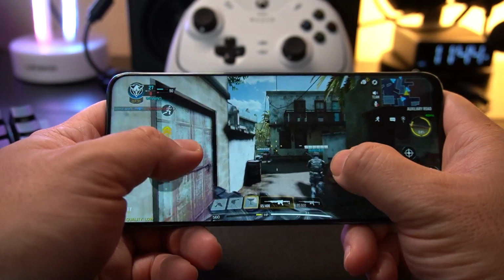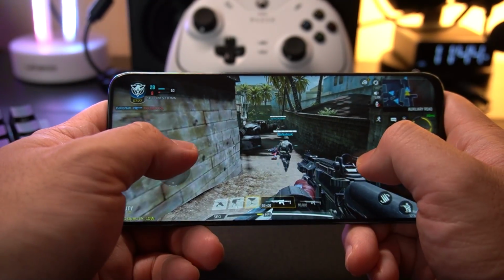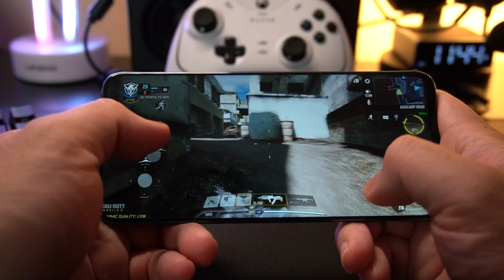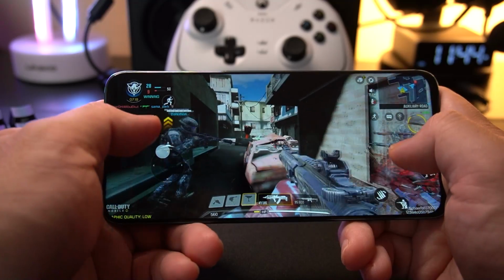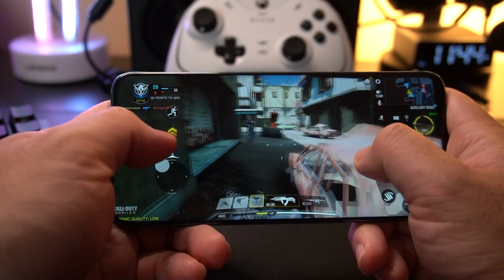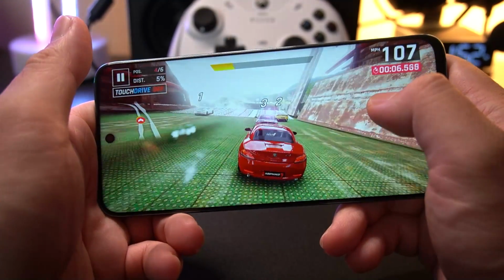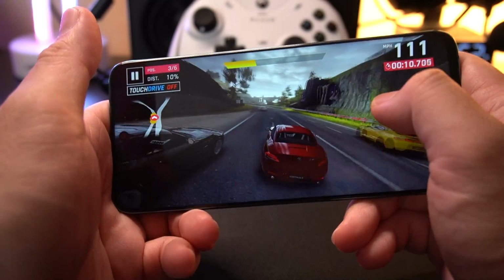And the touch sensing on this one is quite fast. I was able to, well, win a lot of rounds here in Call of Duty Mobile. And I love the graphics here. Okay na okay siya. Even, there are times talagang mafe-feel mo may frame drops and sometimes may kunting lags. It's okay. And, of course, dito sa Asphalt 9, I was able to breeze through several laps here na walang